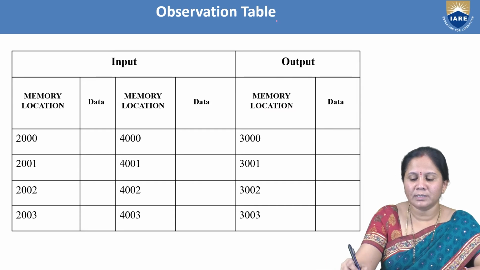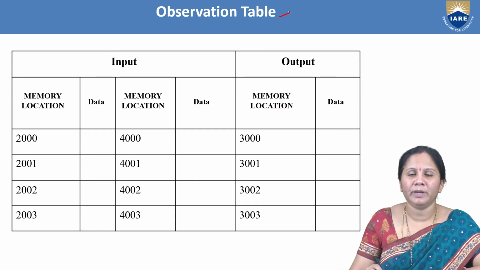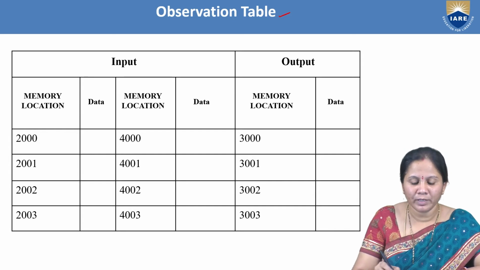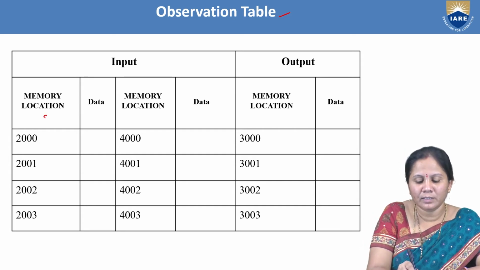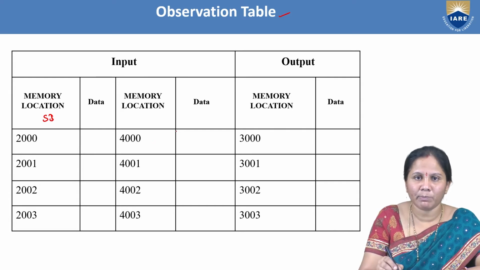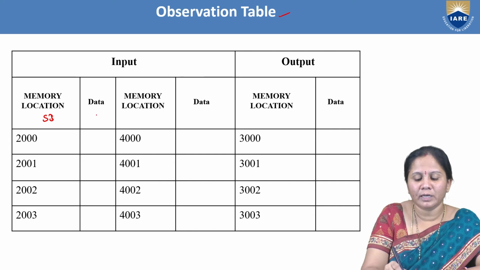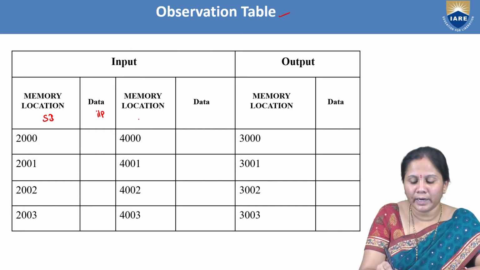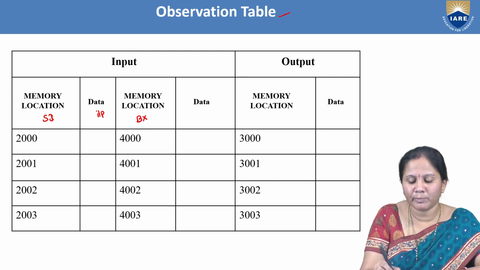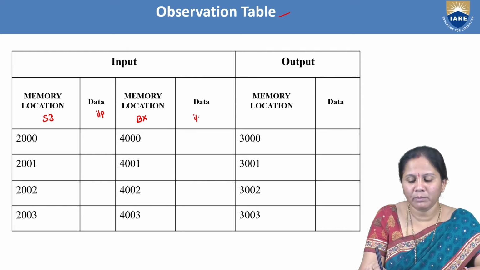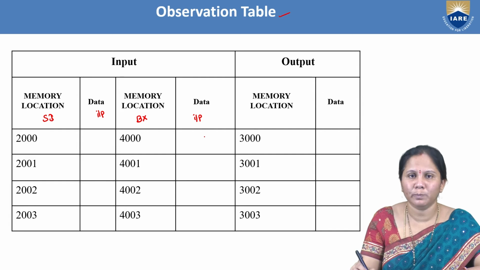Now, this is the observation table we have to maintain for that particular multi-byte addition program. Here we have considered the value of SI from 2000. It is a memory location. The data you are taking is an input, and each input has to be of byte size. This is another memory location to hold the value of BX, and in BX also we have to give some set of inputs.